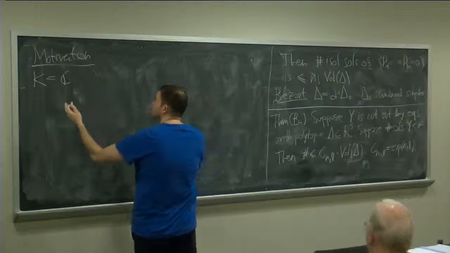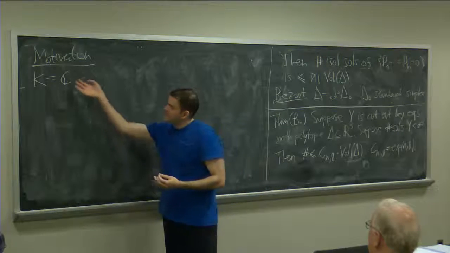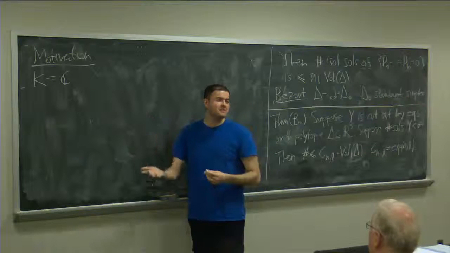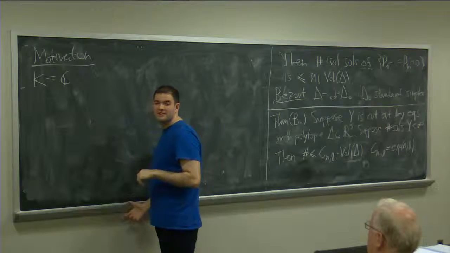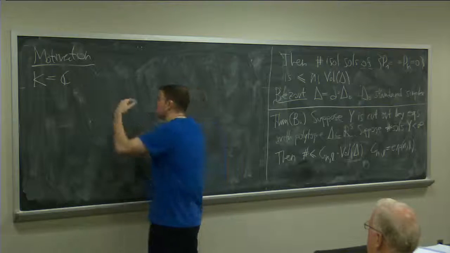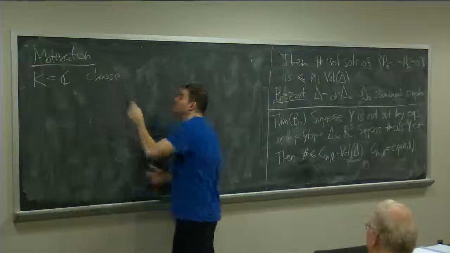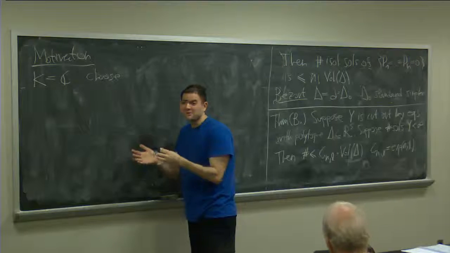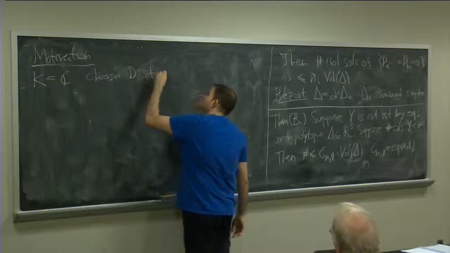Okay, so for this motivation, we take K, which is equal to C. It's clear what C is, it's just not clear what the differential will be. It's not quite clear what C is, but never mind. For me, I'm a geometer, I'm very happy to work with C, but I don't understand how to put D on it. So we choose D such that the